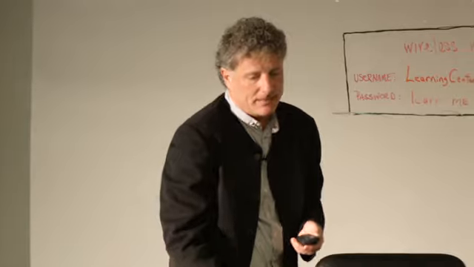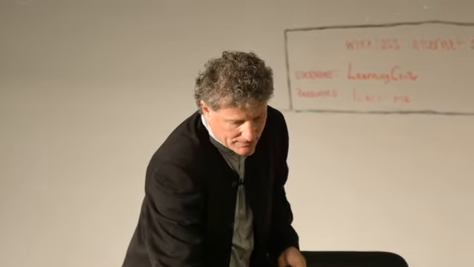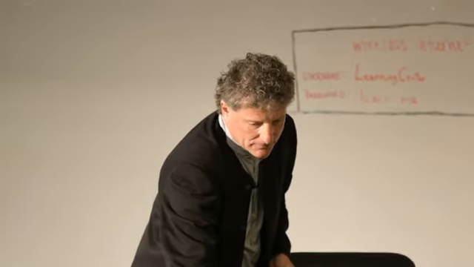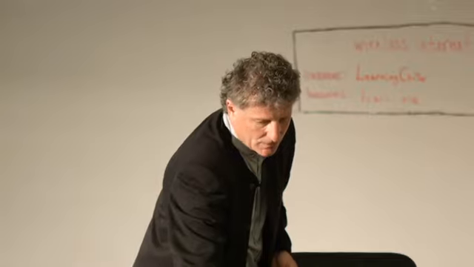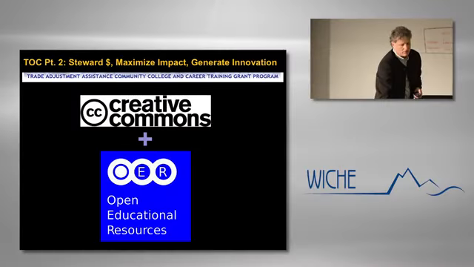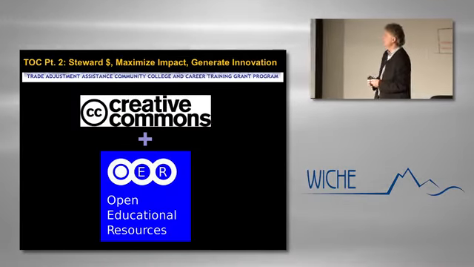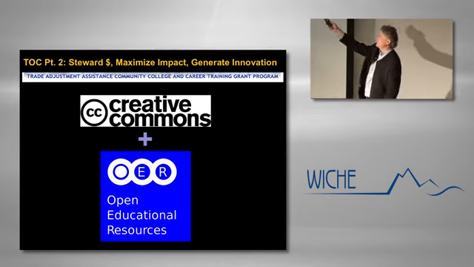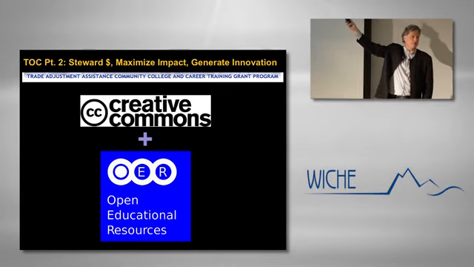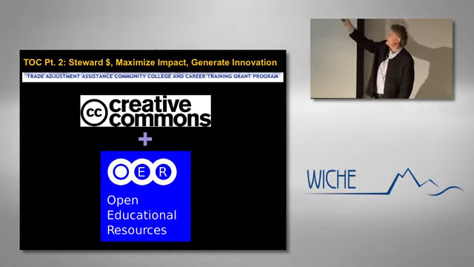So I think it's fair for them to make these requirements and provide an incentive to resolve unemployment and boost the economy. But this is what I call the first part of the theory of change. And the second part of the theory of change was a bit more radical, which was that the Department of Labor is essentially saying, in order for us to be an effective steward of public money and to maximize impact